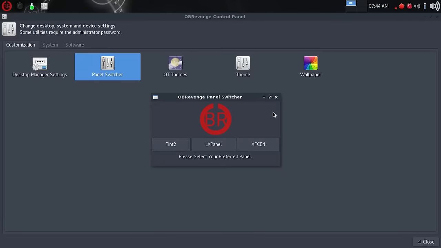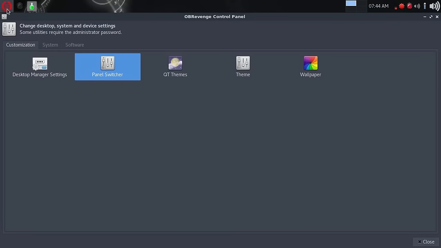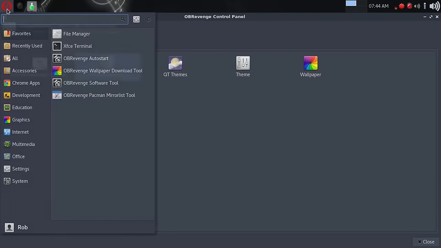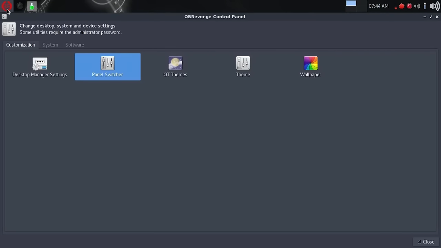That was new for me, but I did spend a little time going in and switching things. I'm not going to do it for the video. I prefer the XFCE. However, I started thinking about it. If you've used this for a while and you're ready for a change, sometimes just switching the panel and giving it a different look gives you that feel of change. So it's nice to have that choice. Again, in Linux, we all love choice.